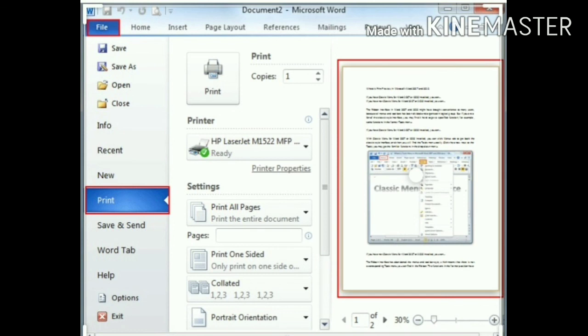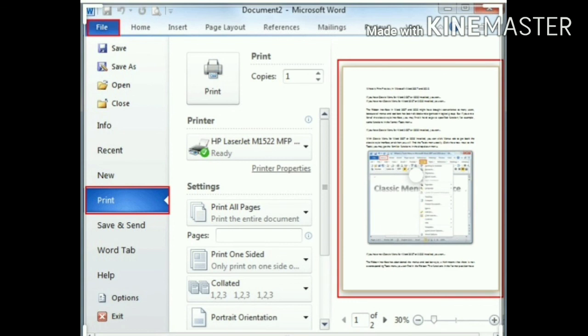Printing a document. To print a document, follow the given steps. Click the File tab. Next, select the Print option from the menu that appears. Choose the pages to print in the Page Range box by selecting one of the following options. First, Print All Pages. This prints all pages of the document.